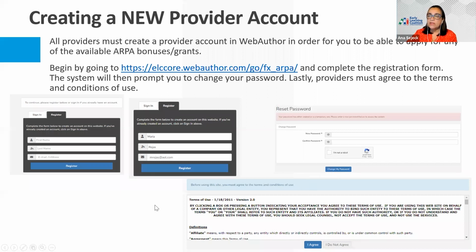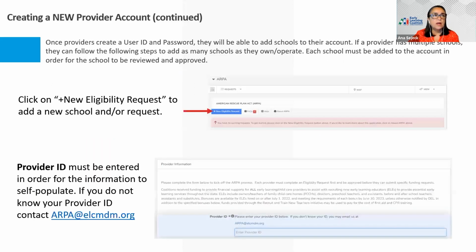blue button. After that, you will need to agree to the terms, which you can read by scrolling down. And once you have read them and you agree to them, you would check off I agree. If you do not agree, you would hit do not agree, and that will be that. So it's a very simple process to get you started in opening up your account and filling out all of